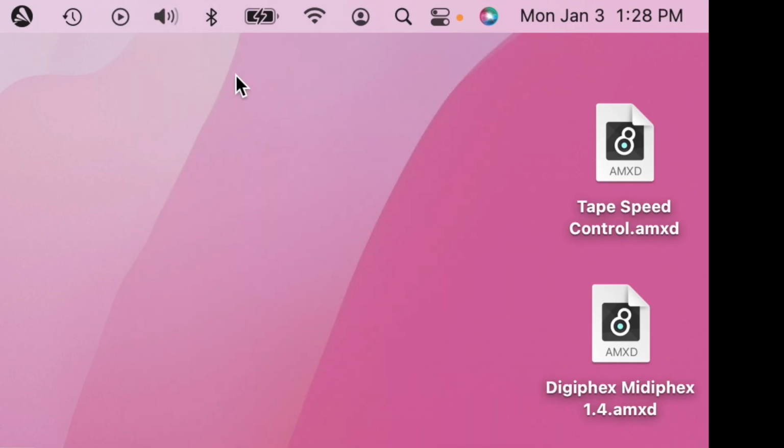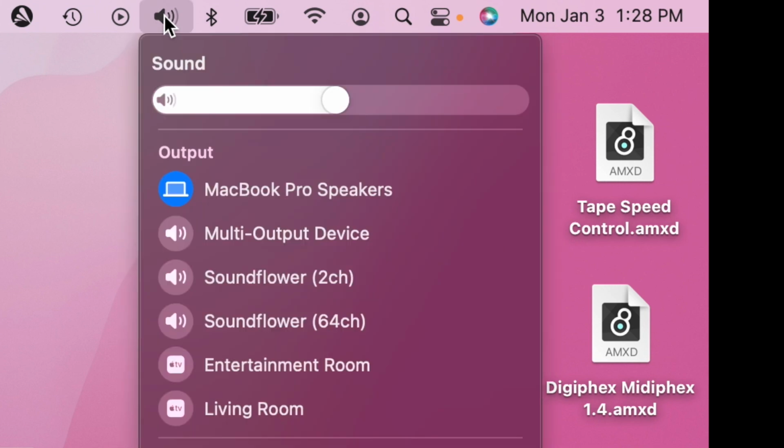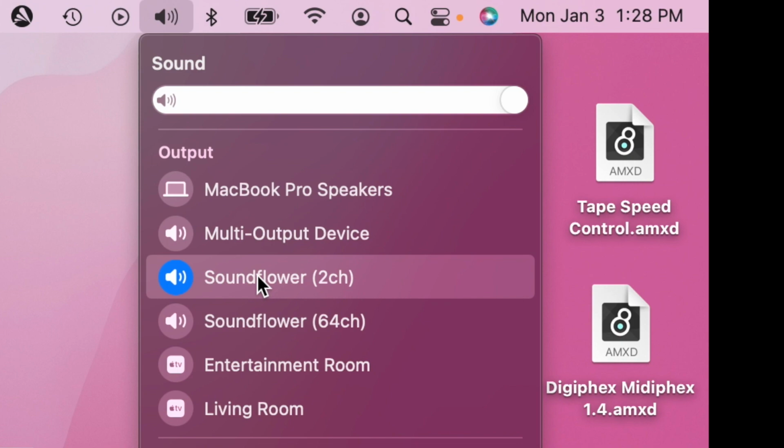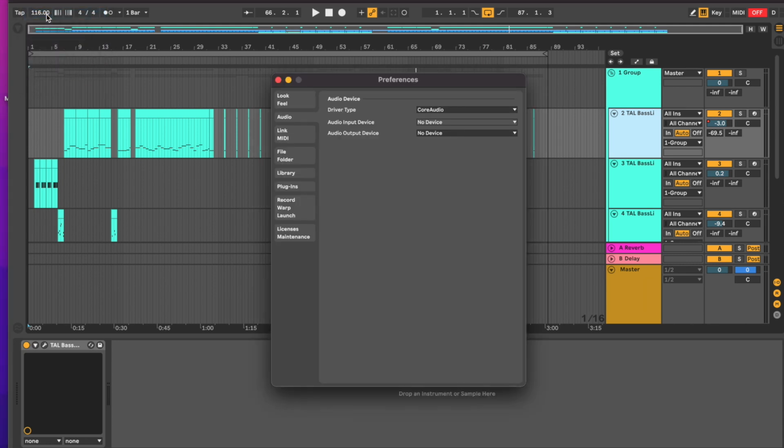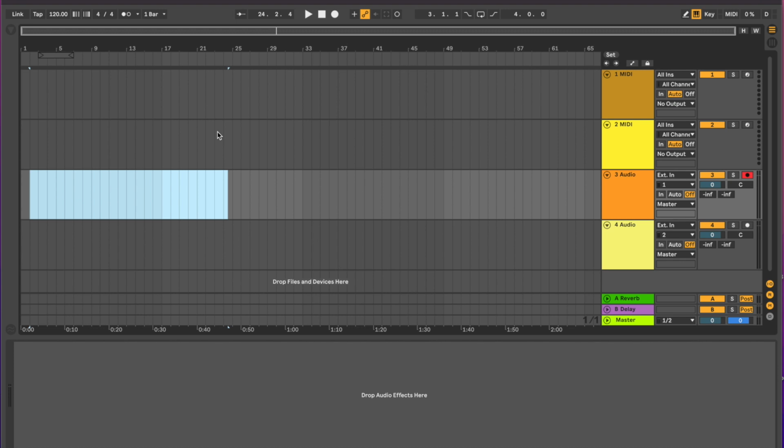Sometimes I don't have a copy of the song, so the way I record into Ableton on a MacBook Pro is to make my computer output to Soundflower, and then in Ableton under Live Preferences Audio, select Soundflower as the input. So what I'm doing right now is I'm just deciding on the tempo so that when I record something into Ableton, it will record in at the perfect tempo